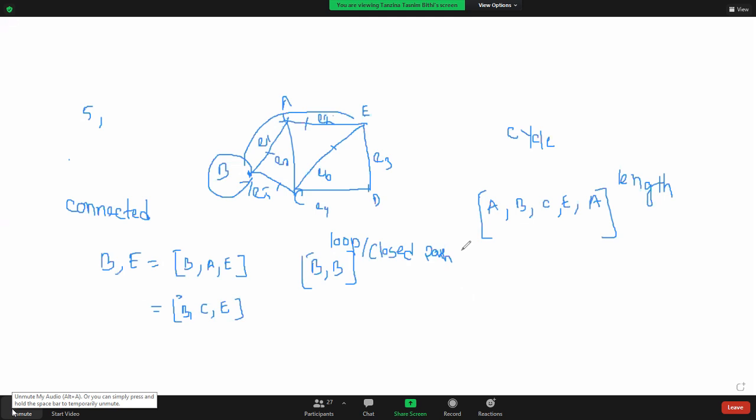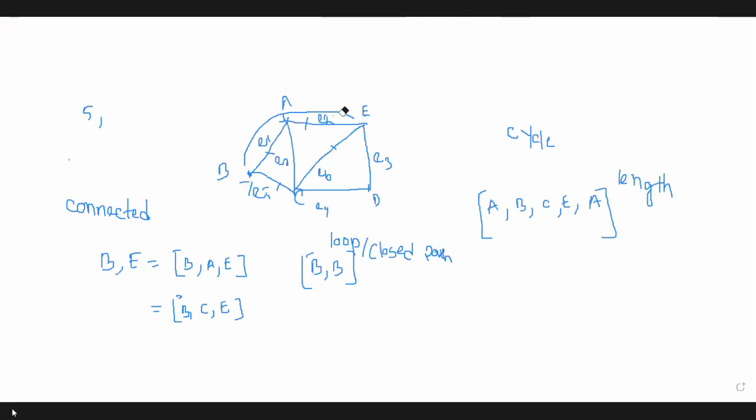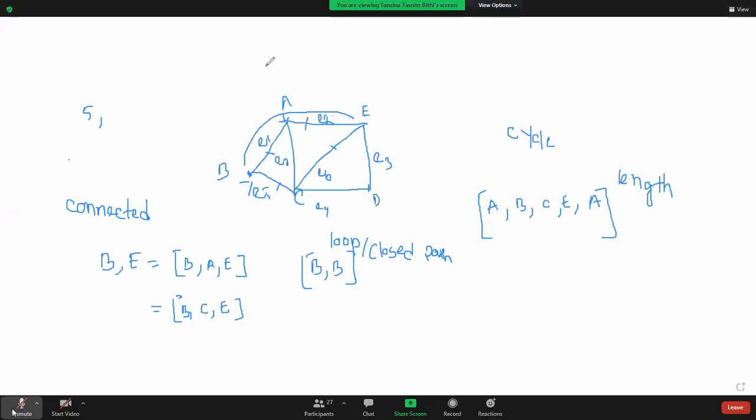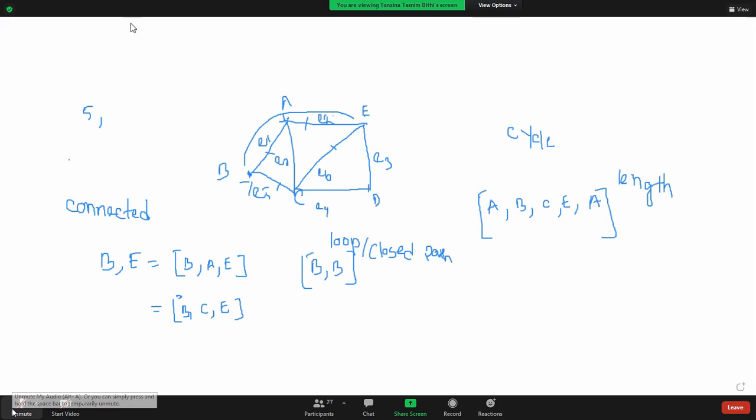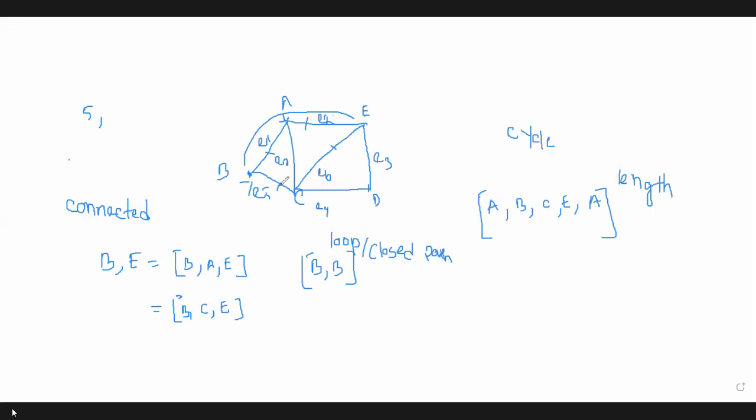Okay. So now, can we find out the degree of the nodes? What is the degree of the node C? Ma'am, 4, ma'am. Yes, the degree of C is 4. Why? Because it's connected with 4 nodes. So there are 4 edges containing that node C. So its degree is 4.